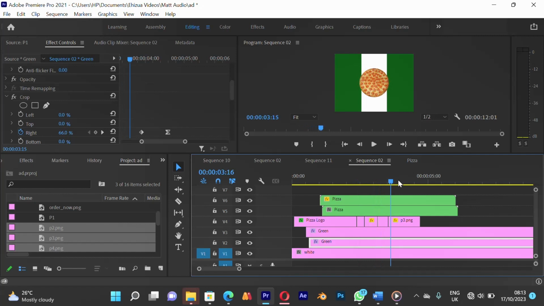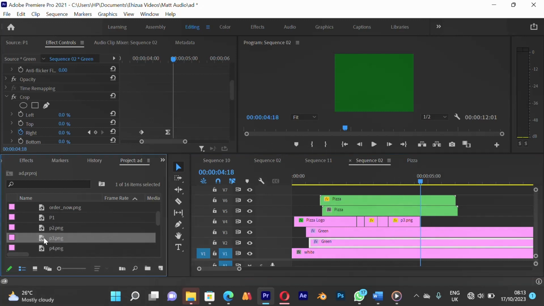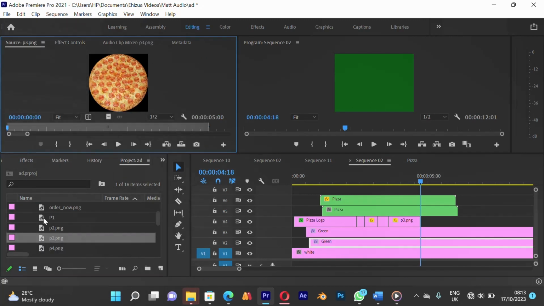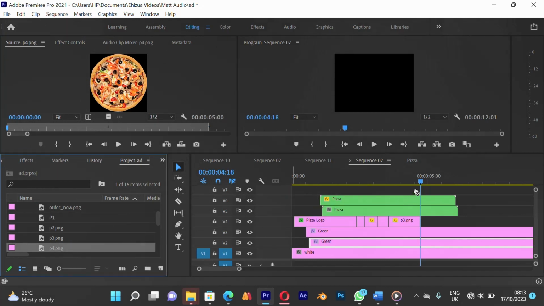So when that happens, this goes out. We want the next pizza to scroll in, and that's a really big pizza. So just let me select the pizza I want. I think I like this one. It looks like a monster pizza. So I'll hold and drag it into